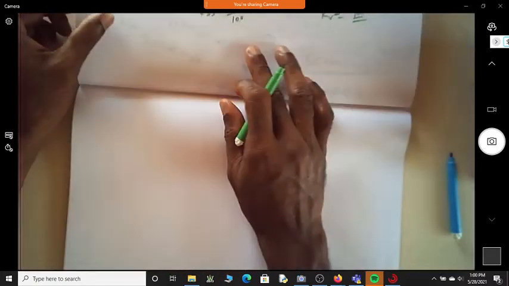Similarly, if I apply a parabolic input now, ESS is 1 over Ka, where Ka is limit of s tending to 0, s square into G(s) into H(s). Then this is limit of s tending to 0, s square into 100 divided by s into (s plus 1), which will actually become 0. So what is ESS? Infinite. ESS will become infinite. So go back here and put it as infinite.